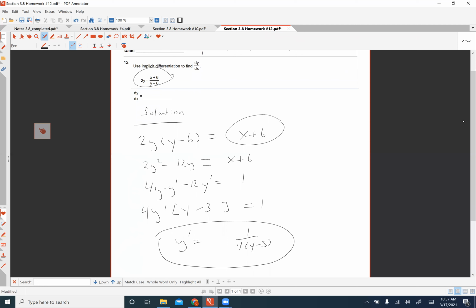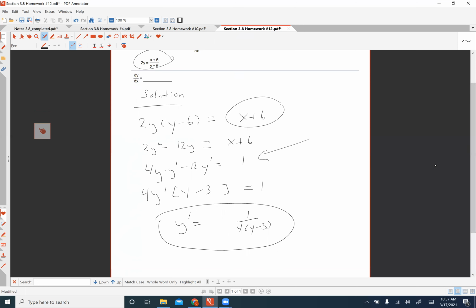And we're going to isolate. Okay, so we've done the implicit differentiation. We're done with the calculus part of the problem. Now it's the algebra part of the problem. Solve for y'. Factor out 4y' from each term, so we get 4y' times y minus 3, and then we'll divide each side by 4 times y minus 3, so y' equals 1 over 4 times y minus 3, or you can also write it out as